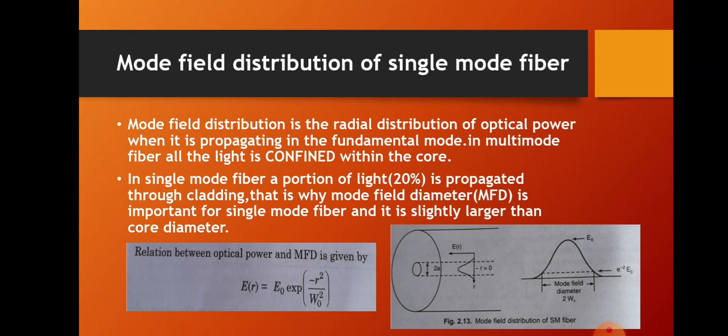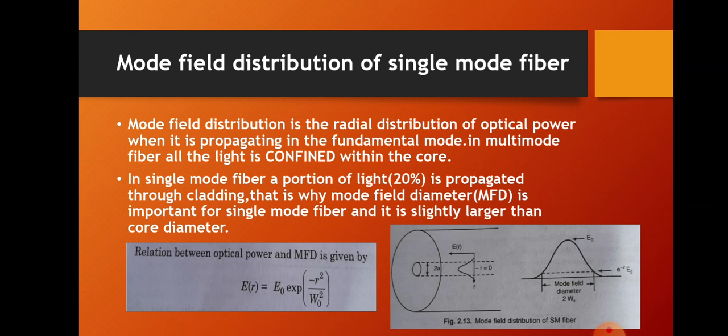In multi-mode fiber, all the light is confined within the core. But in the case of single mode fiber, a portion of light, around 20%, is propagated through the cladding. That is why mode field diameter is important for single mode fiber, and it is slightly larger than the core diameter. So mode field distribution says the radial distribution of the optical power, and it is important in